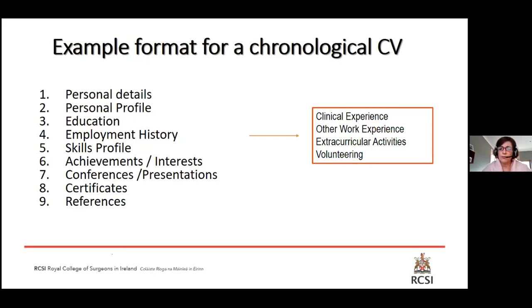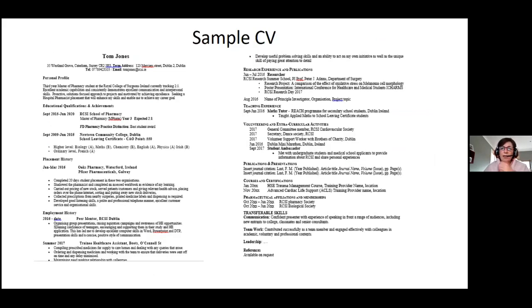And then references. Now we'll go through each of these titles in a little bit more detail as we go along. I wanted to put this on just to give you an overview of what a sample CV might look like. I know it's probably difficult for you to read here, so don't worry, I can give you all access to the CV, but just so you can have a look and see what it looks like